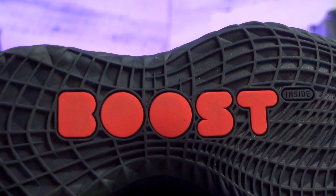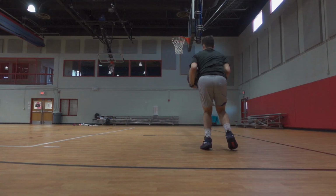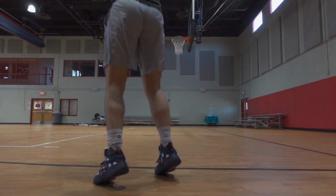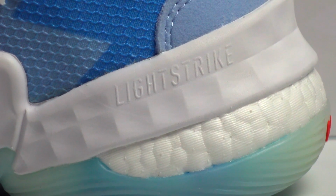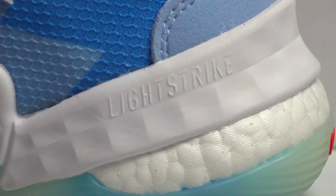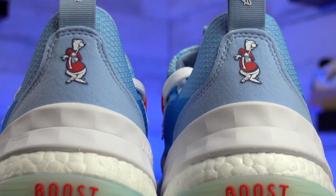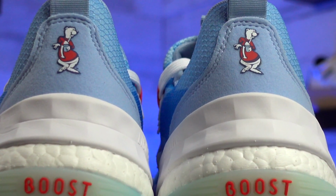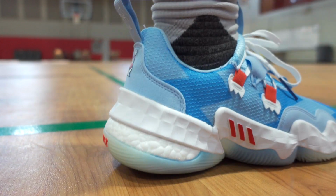These do have a boost midsole compared to the Light Strike from last year's model, but it really isn't as soft as you would maybe expect. But the Trae have the traditional Light Strike midsole that most Adidas shoe lines work with, but they did add some additional boost cushioning to the back half of that shoe. It's like a hockey puck setup that does give you a softer feel,